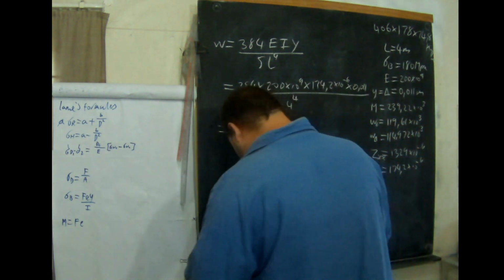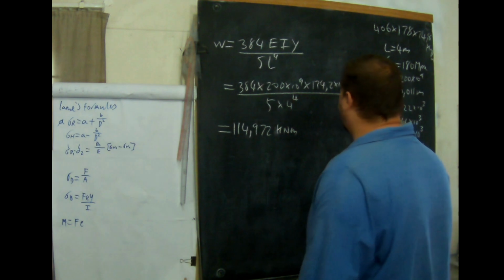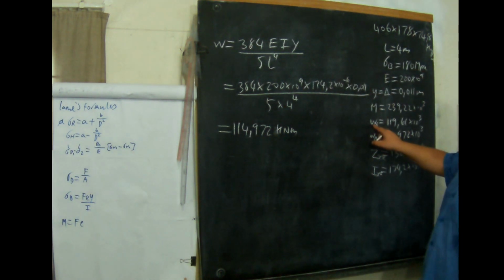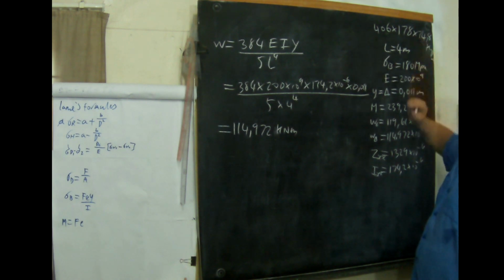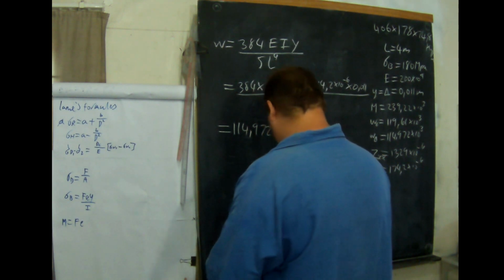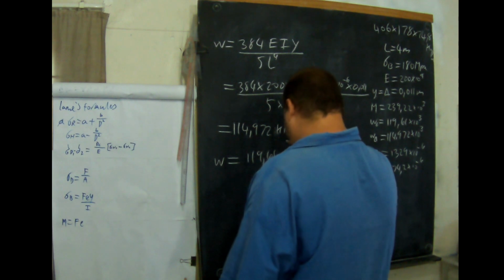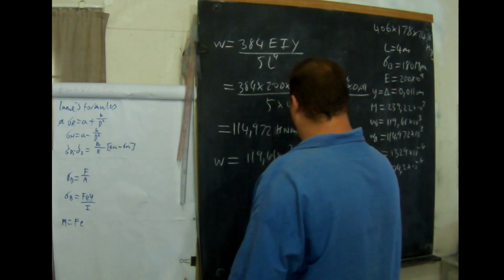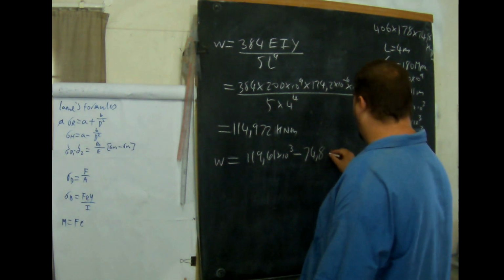Okay, now they want the weight. Now they want just the weight. So what we're going to do is take our weight with regard to stress and minus it with the self-weight. This is the self-weight of our beam. So our self-weight is W is equal to 119,61 times 10 to the 3 minus 74,8 times